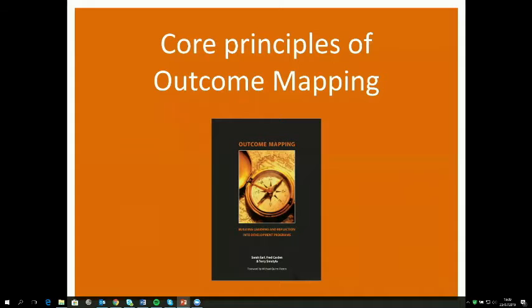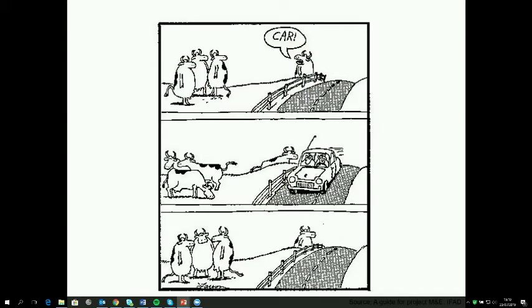But along with that initial key driving force, there were some core principles that, after looking at the way evaluation was done at IDRC, they thought, okay, we need to shift our philosophy of how outcome mapping is done, and we need to start doing things a little bit differently. So I'll go through some of these core principles. You'll see here the image of the manual, that's what it looks like. When you visit outcomemapping.ca, look for that image and you can download that.